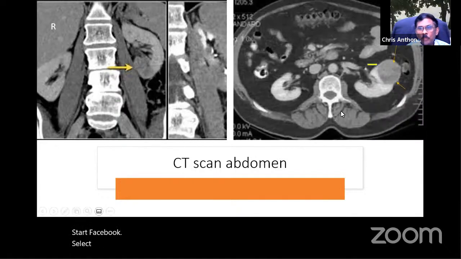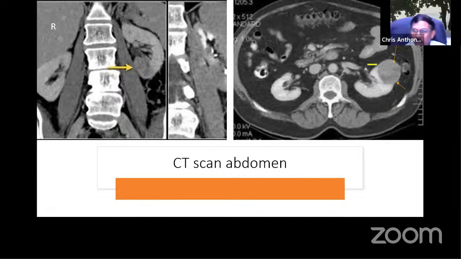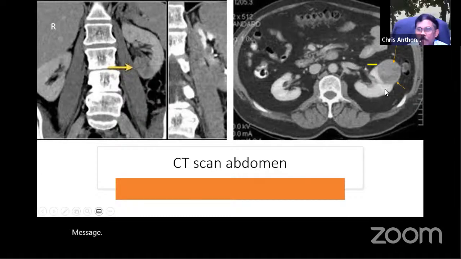Okay, this one again, Kavita, anything? What can you see from this CT scan? There's a visible lesion on the kidney. Okay, in this case, this is the left kidney. The kidney is enlarged and there's a mass here. And this mass looks very well encapsulated, except for this area here. Otherwise, it looks well encapsulated.